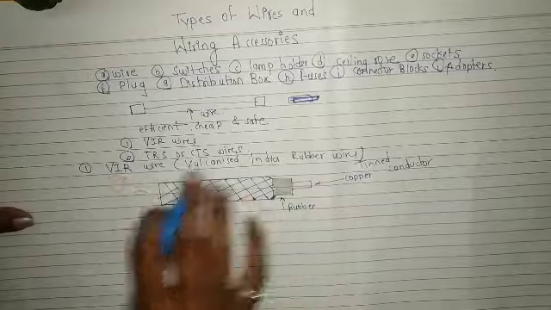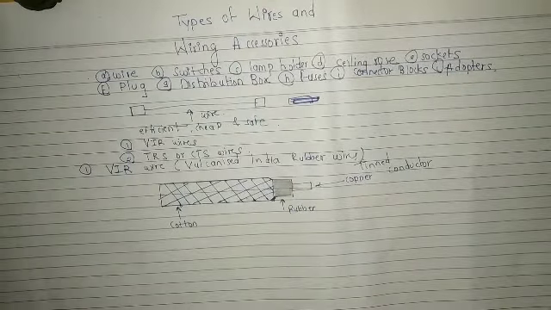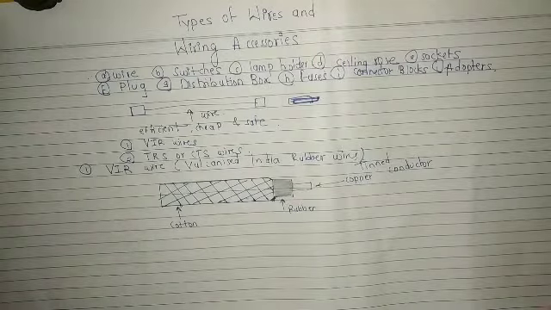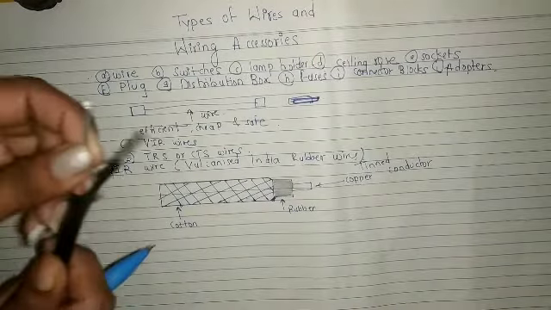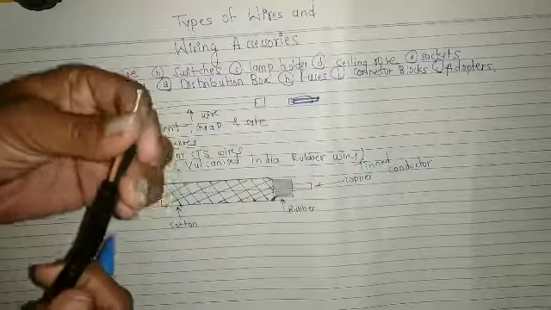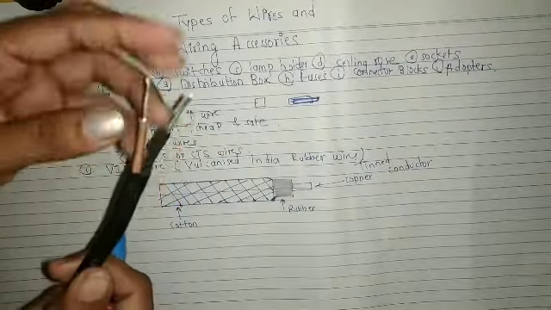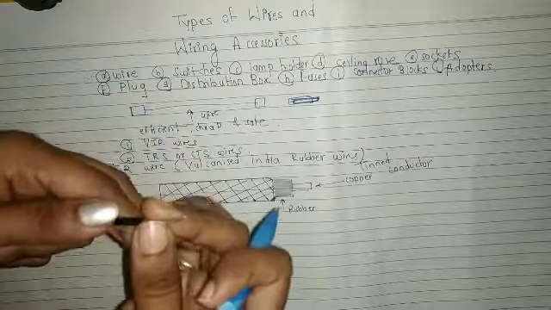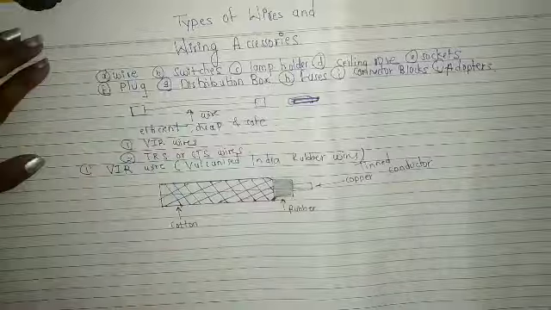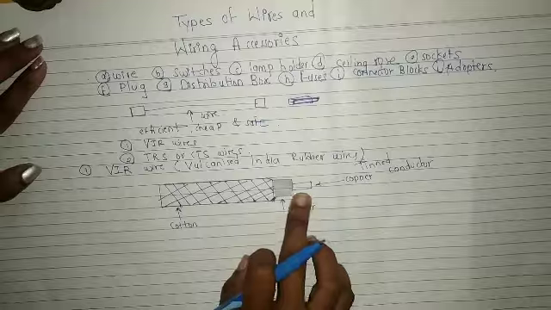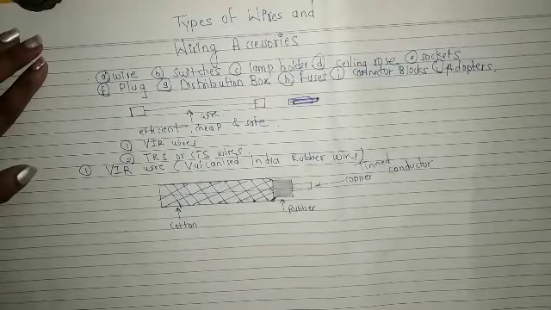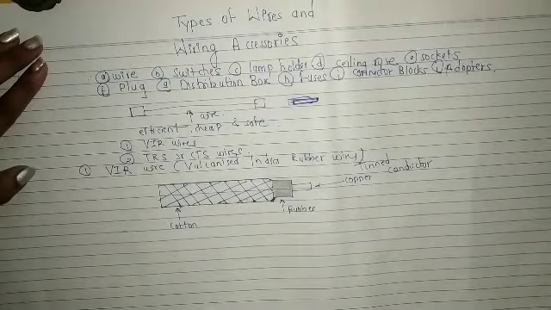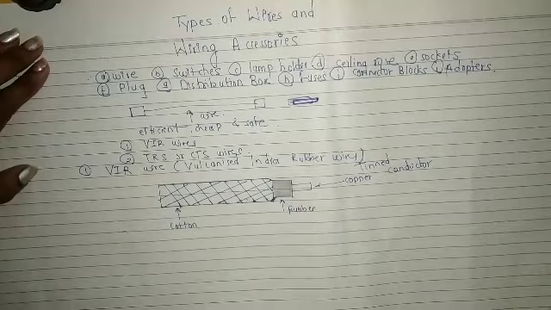Okay, so this is the VIR, vulcanized India rubber. These wires always have a single core. So this wire has two cores, okay, so they are twin core. But this has just a single core, that means it will have just one conductor. So this is the single core, and they are generally used for conduit or casing and capping wiring.